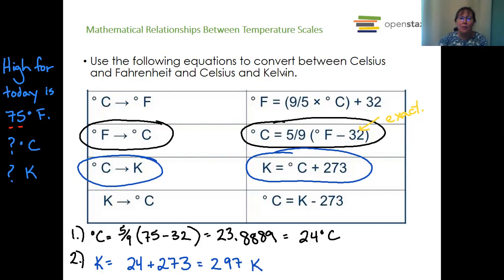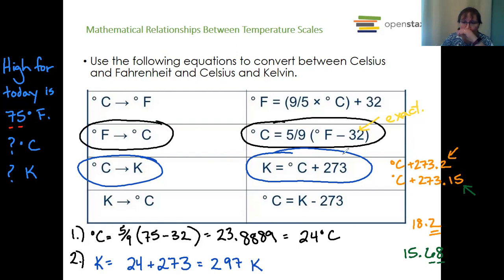So depending on how many digits you have, this could be degrees Celsius plus 273.2 or degrees Celsius plus 273.15. Okay, so if you have 18.2, then you would use this one. If you had 15.68 and you have those two, then you would use this one. So use the conversion factor for kelvins that,